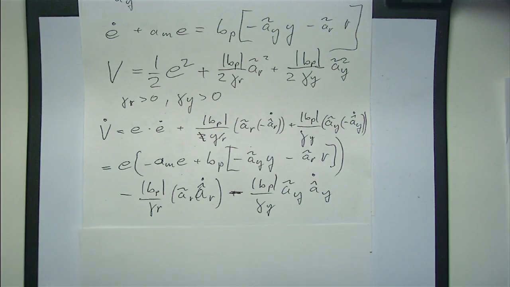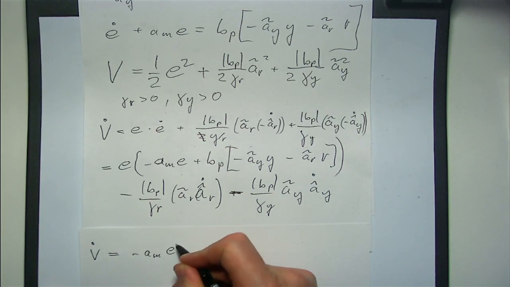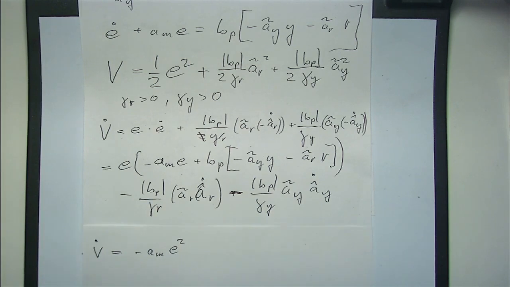Good. So effectively we have here V dot, and one thing that is nice is we have a minus e squared. We are happy about this. Why are we happy about this term? Because it's a squared term, it's negative essentially if e is non-zero. Good. Problem solved. Now we have more terms, and those terms are possibly a bit more troublesome.